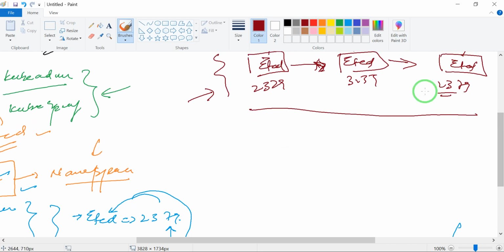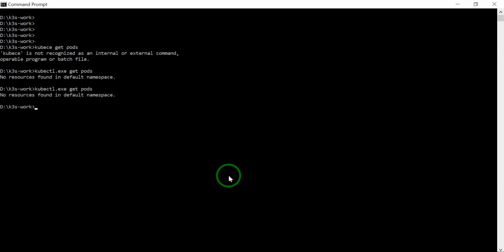Let's move on to the practical and see how we can achieve this. I have minikube installed on my system. Let's get pods right now. There is no pod running, so let's get pods in the kube-system namespace.